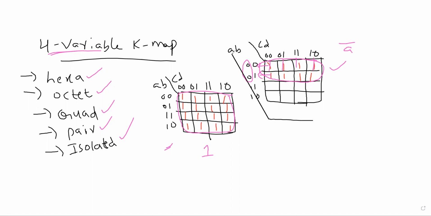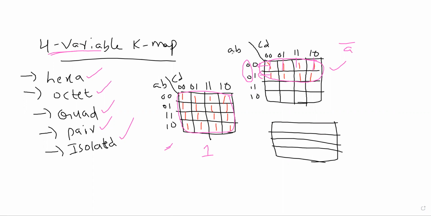Now similarly, let us consider one more K-map here, which will consist of 16 cells. Let us consider this is a K-map. Now we know that since it is a 4 variable K-map, we have 16 cells. Let us consider A, B, C, D are the variables. Now 0, 0, 0, 1, 1, 1, 1, 0 on both axes. Now let us consider the ones positions like this.